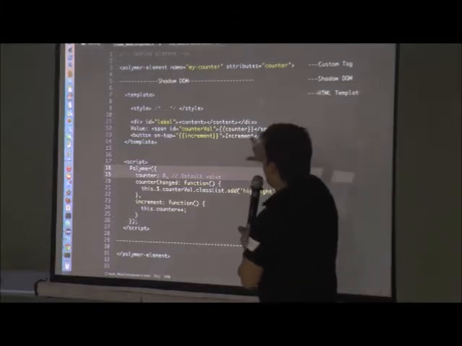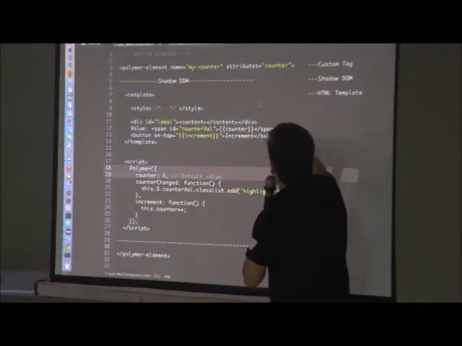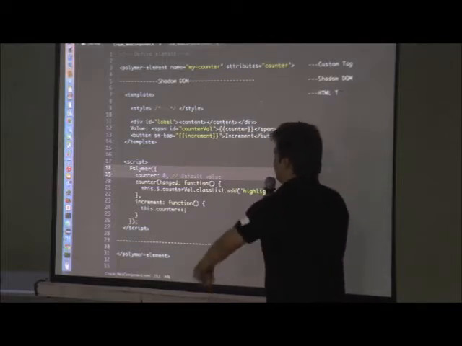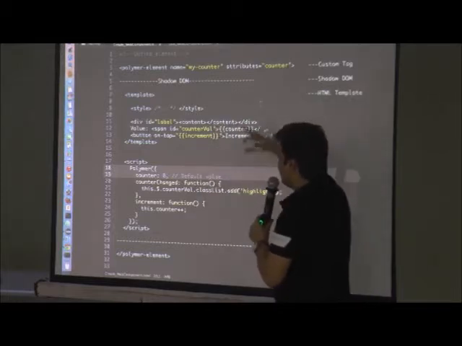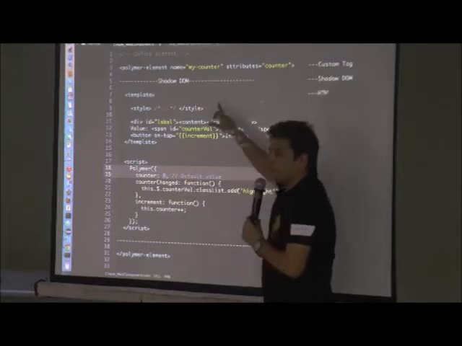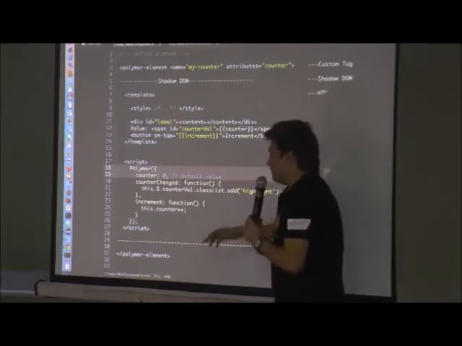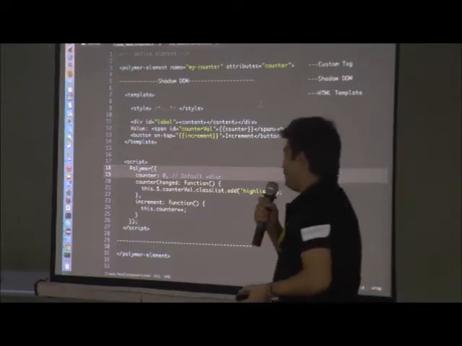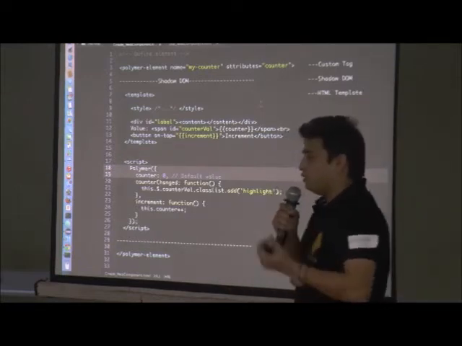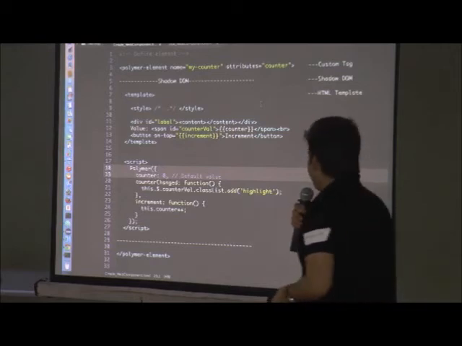So here's a template, and this is the script that you write. And this is a template and the style inside the template. So everything that is bound inside this Polymer definition, this is like a class definition. Anything defined inside the web component will not leak outside, and it doesn't allow any other component to interact with it.